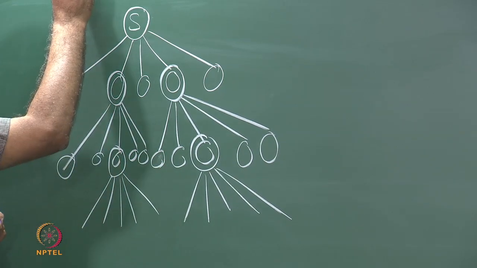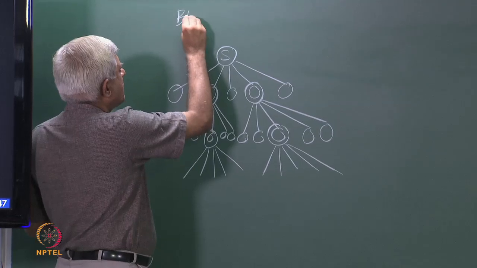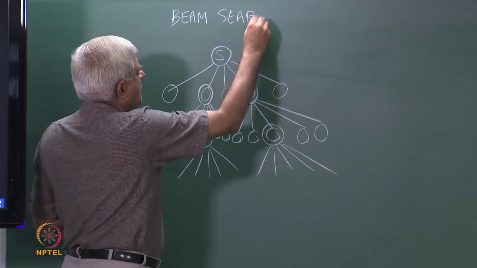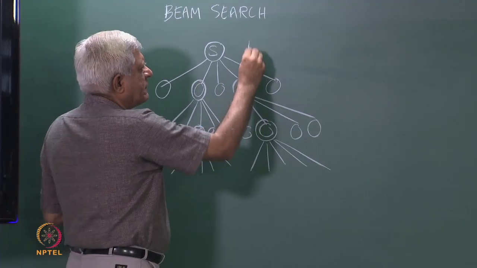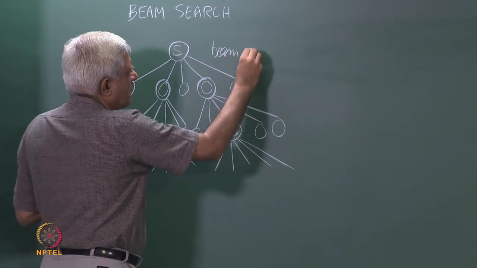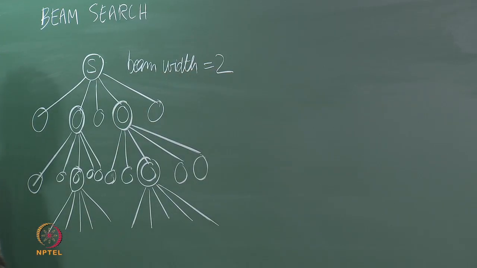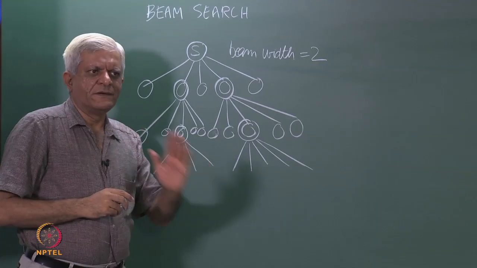This algorithm is called beam search, and this illustration has beam width equal to 2. So, what have we done? Instead of hill climbing, which explores only one path in the space,